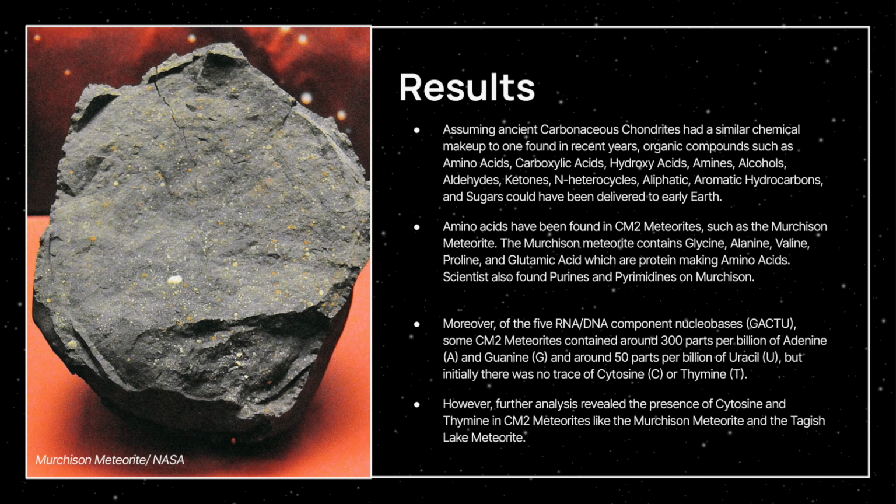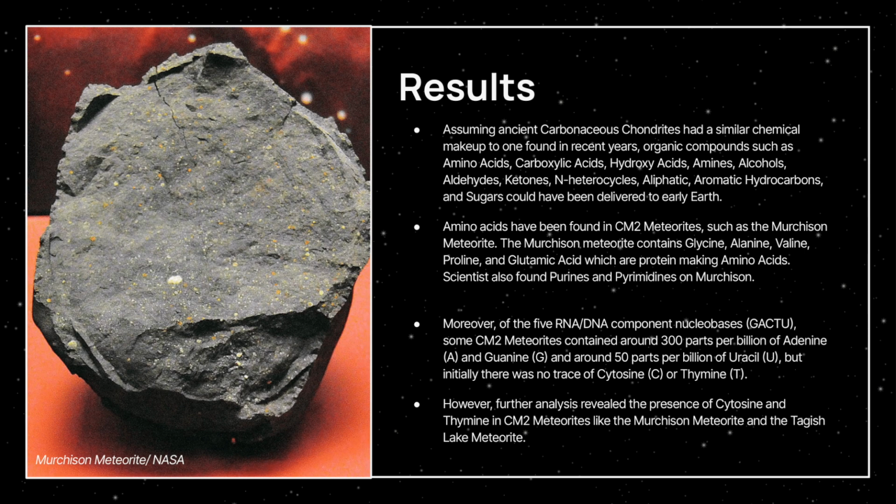Moreover, some CM2 meteorites contain the 5 RNA-DNA component nucleobases. They contain around 300 parts per billion of adenine, guanine, and around 50 parts per billion of uracil, but initially no trace of cytosine or thymine. However, after realizing the formic acid used to extract nucleobases was dissolving cytosine and thymine, scientists began to use cold water instead. This change revealed the presence of cytosine and thymine in CM2 meteorites such as the Murchison meteorite and